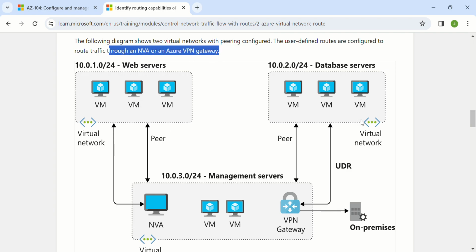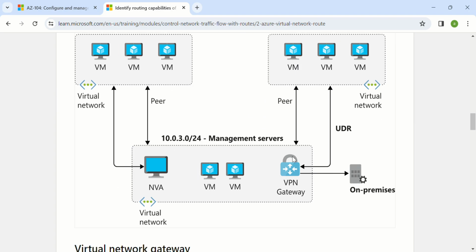This is a virtual network, this is a virtual network, this is a peering, and this is another virtual network, this is VPN gateway, from where it is connecting the on-premises. This is network virtual appliance,